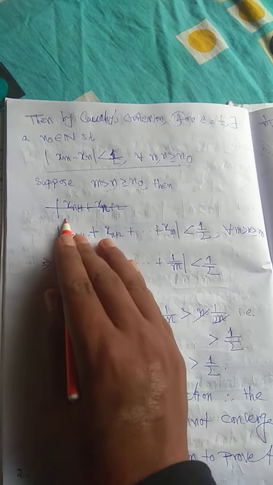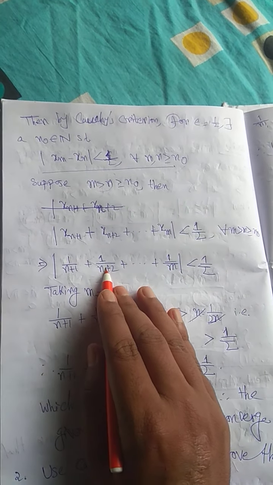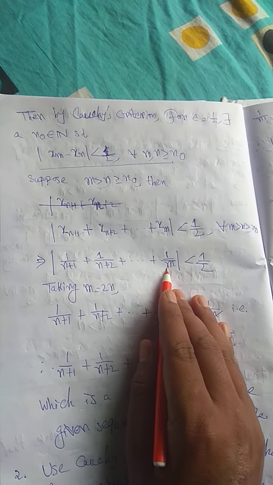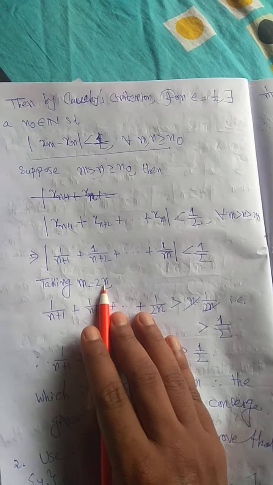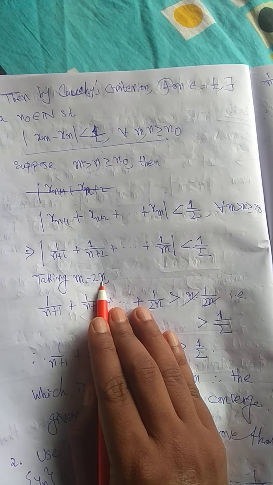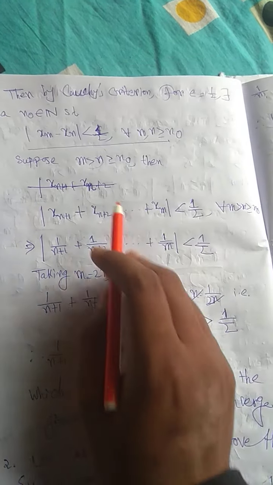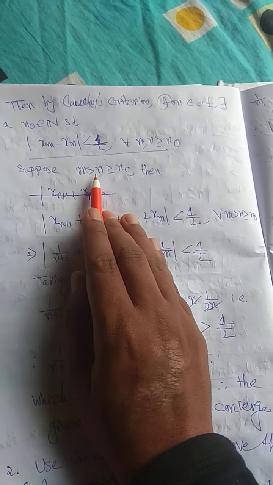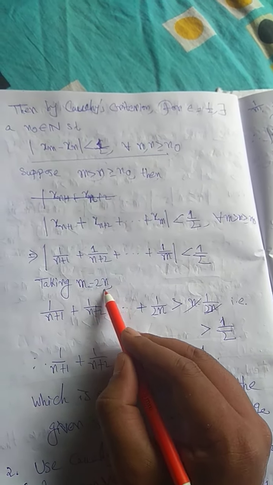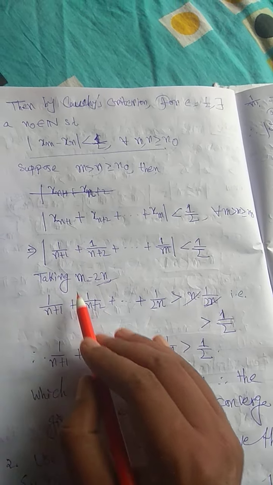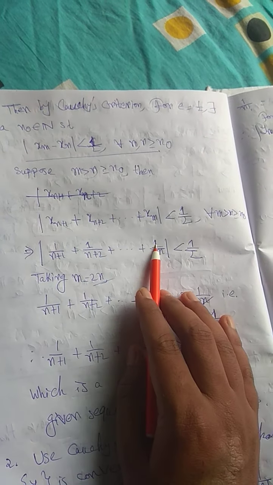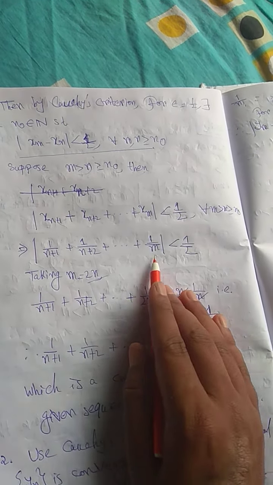Now x_{n+1} is 1 by n plus 1, x_{n+2} is 1 by n plus 2, x_m is 1 by m. Choose m equal to twice n, because m is greater than n. Since m is greater than n, I can choose m according to my choice. So choose it as 2n. Now 1 by n plus 1, 1 by n plus 2 and 1 by 2n is greater than